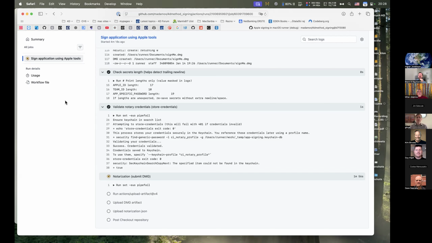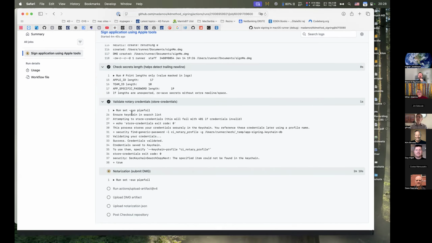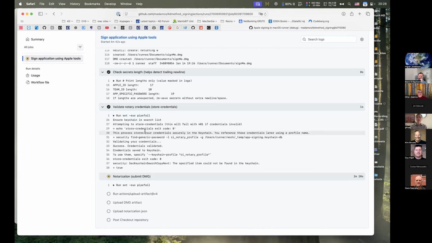Or then Apple changed something, or remember that agreement that from time to time you have to accept in Xcode or on the Apple developer site. You don't know that, you just see that your build failed. So you're waiting now for this.